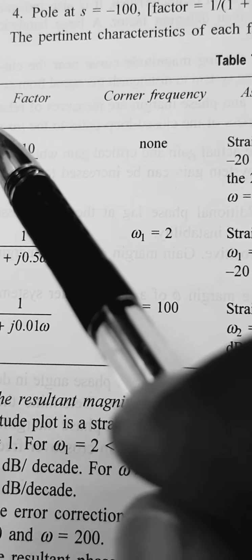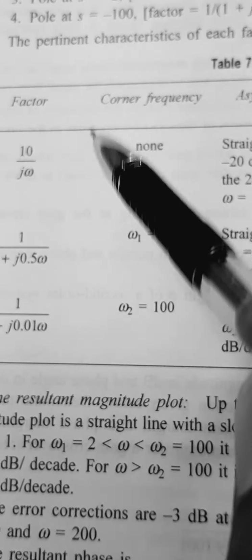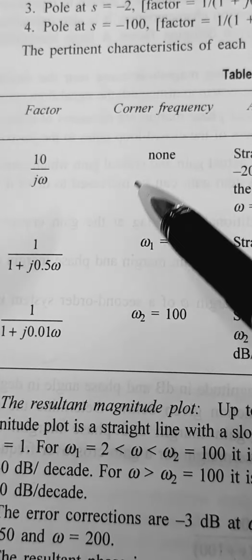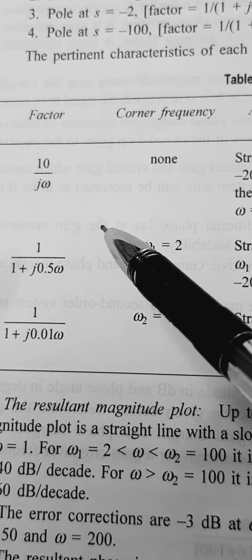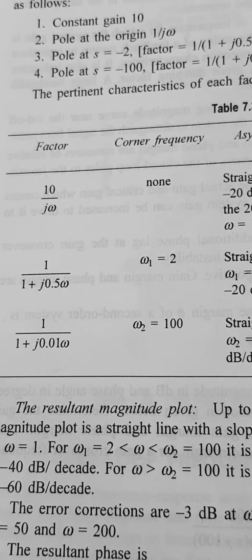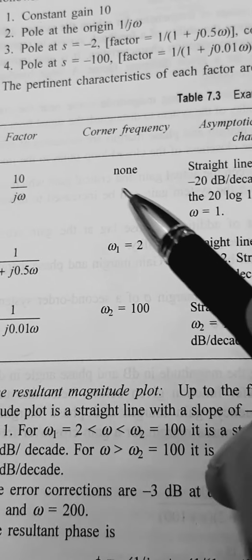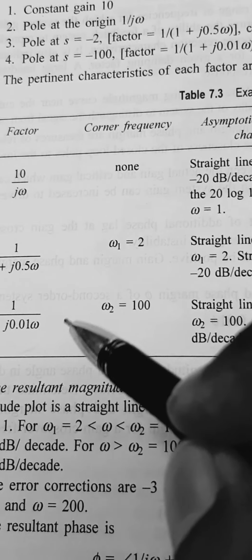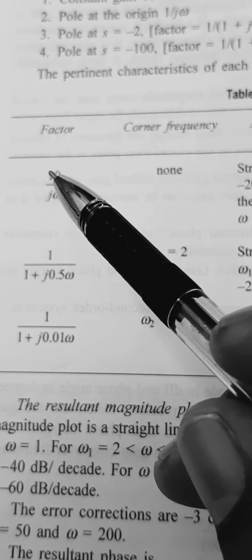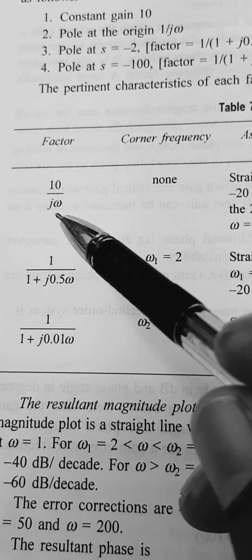That means if the term is related to a 0, then you can see it is having a slope of plus 20 dB. That means either j omega or 1 plus 0.5 j omega or 1 plus 0.001 j omega, like that. If the term is coming as a numerator term, then the asymptotic log magnitude characteristic is having a plus 20 dB per decade slope. And if you can see these are all j omega terms coming as a denominator term,